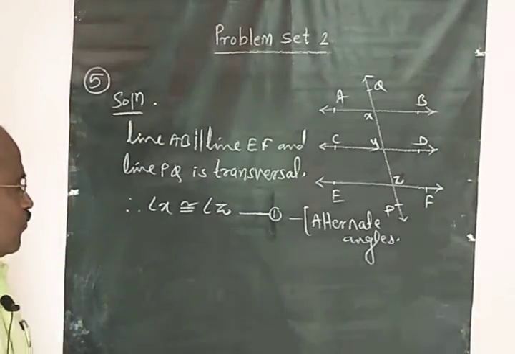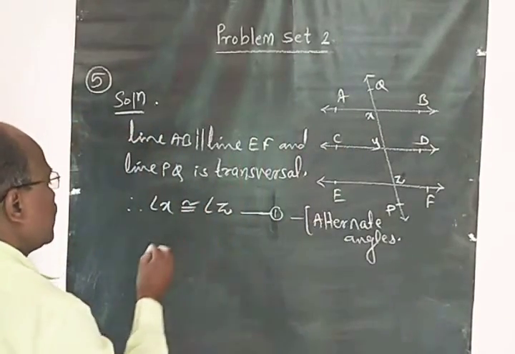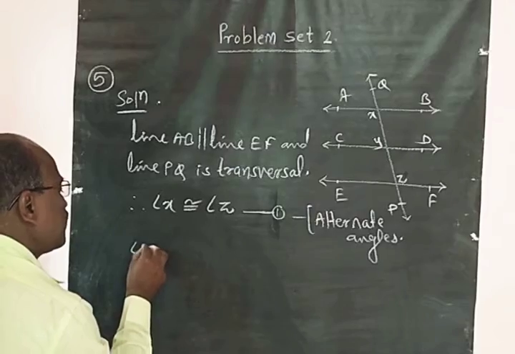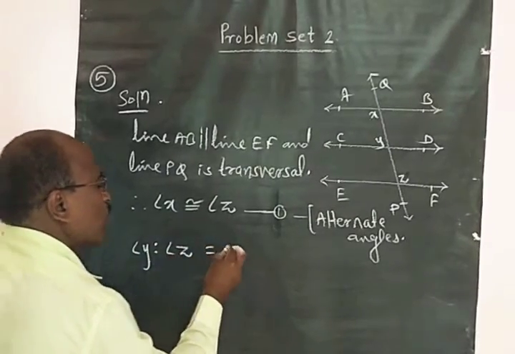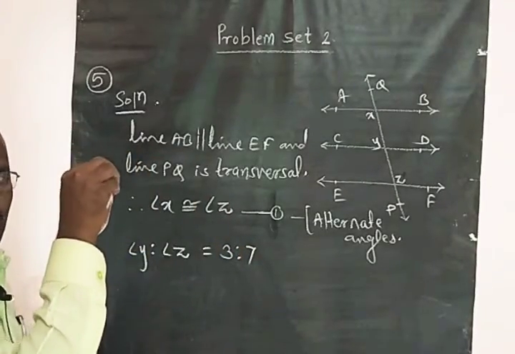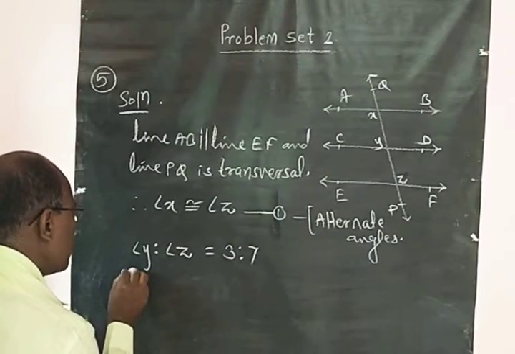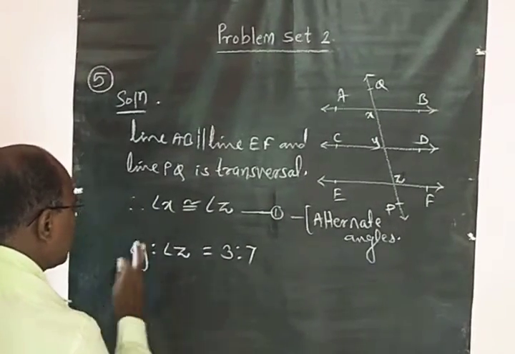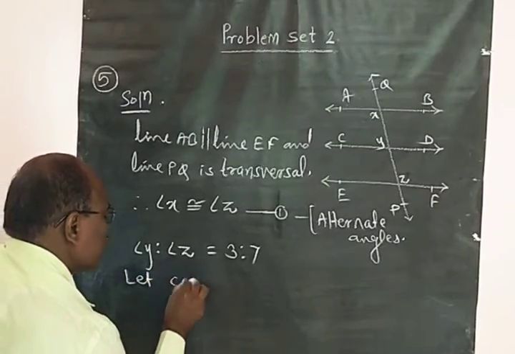Then again, angle Y to angle Z is equal to 3:7. Therefore, now let the common multiple be